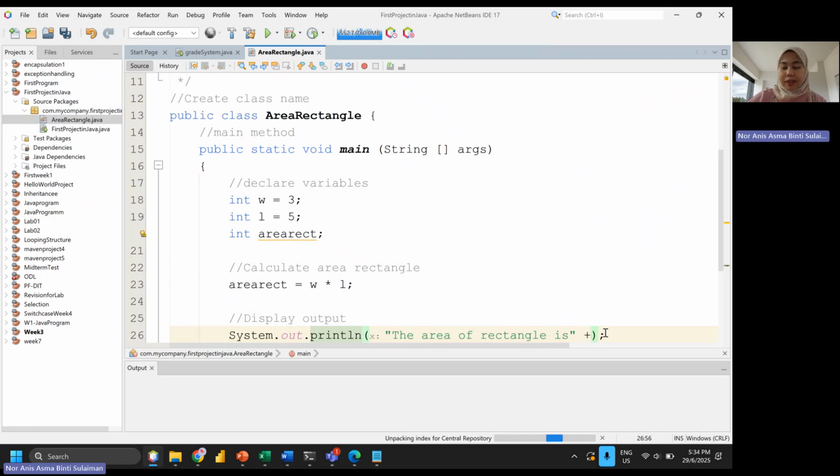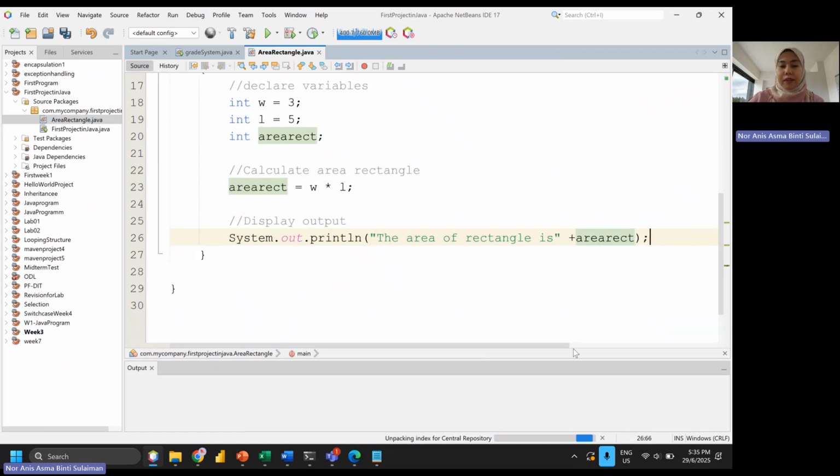So plus the name of the output, which is areaRectangle. I just copy and paste it over here. Okay, so that is done to display the output.